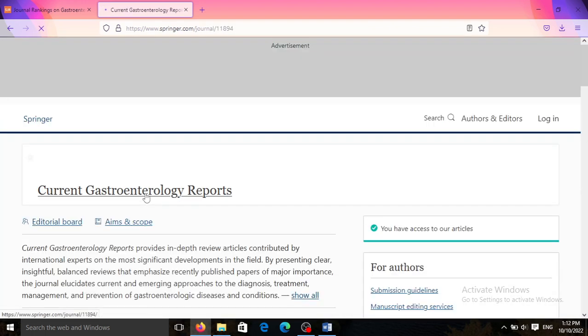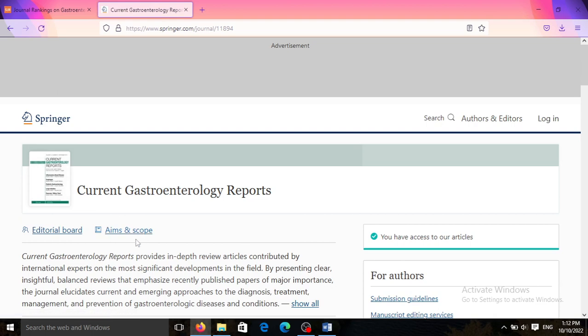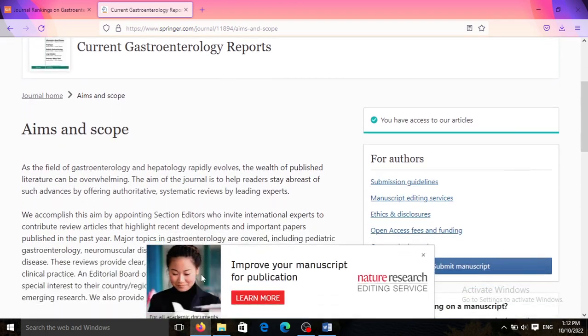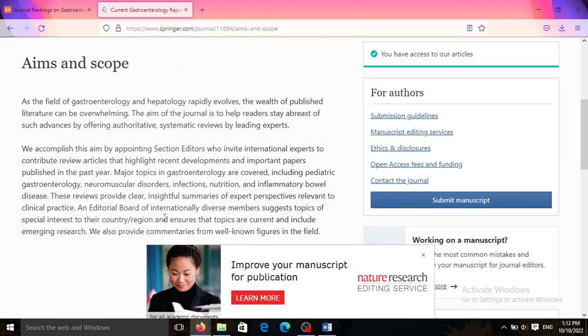So here you can see there is an option, aim and scope, and I choose this one. Here you can see what kinds of articles the journal may accept, or which topics the journal may prefer. For example, you can see here that the journal is publishing